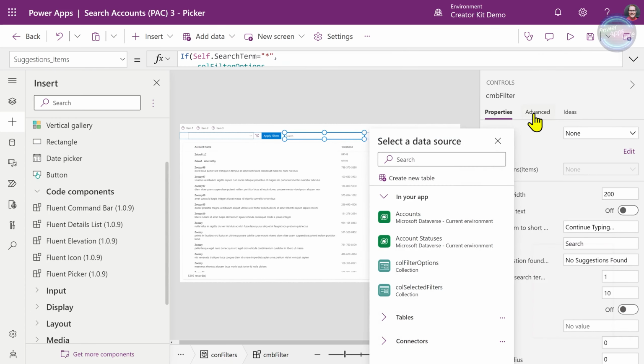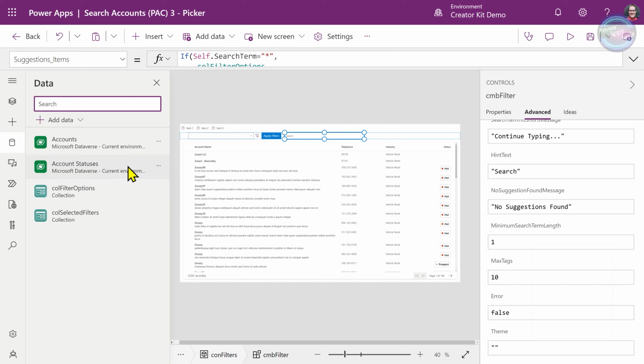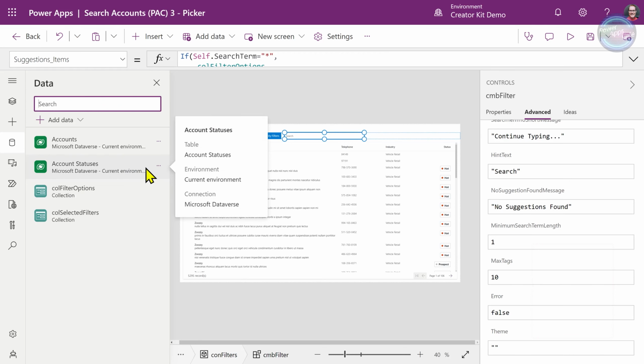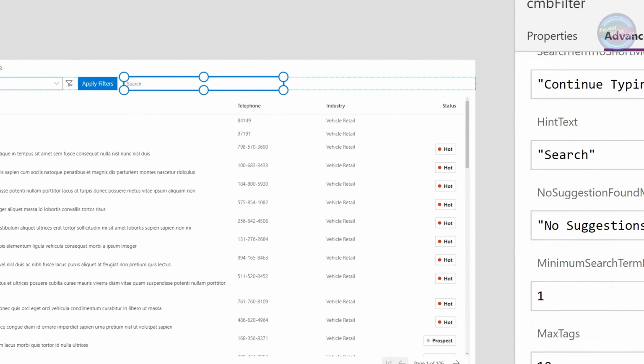But we want to give it a little bit more panache, a little bit more snazziness. And the way we can do that is, if you remember in our account statuses, we had a column for text color and background color, which we used in our status column.